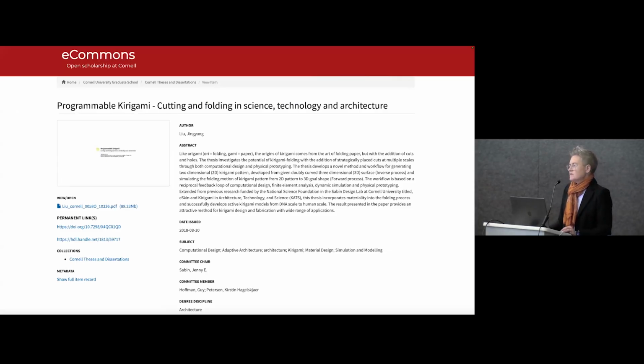And for the students in the thesis research track, you will also submit your final thesis project to the graduate school, and that is entered into a repository that is kept indefinitely. This is actually the very first thesis submission by Leo, who was our very first matter design computation student, which was the precursor MS to the design technology program, focusing on programmable Kirigami. Leo went on to do his PhD at CMU, Carnegie Mellon, and he now holds a tenure track position and has launched his own lab.